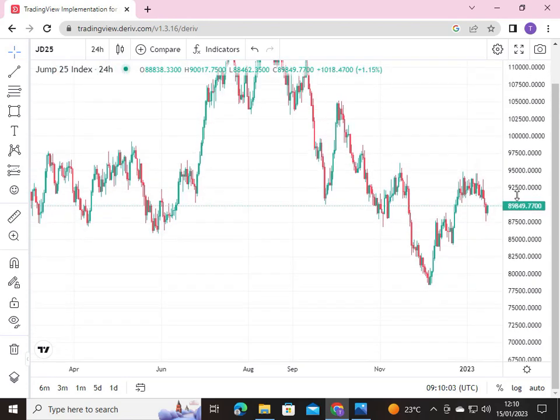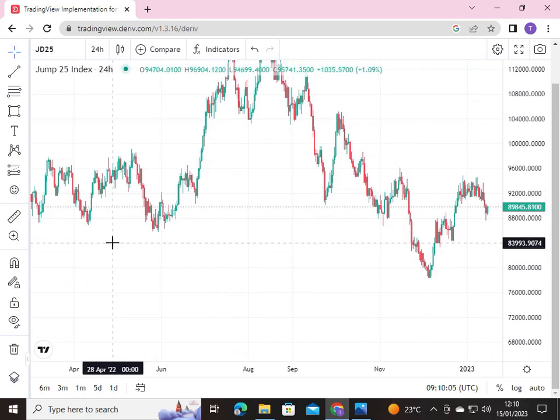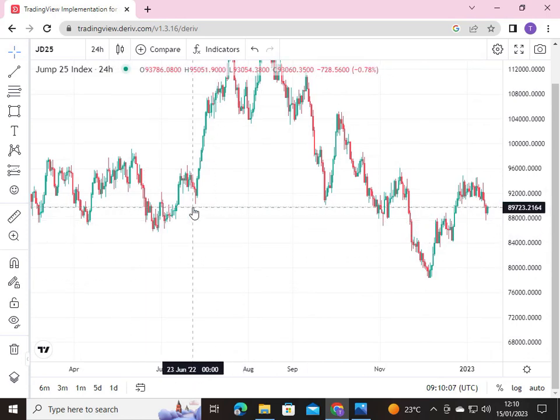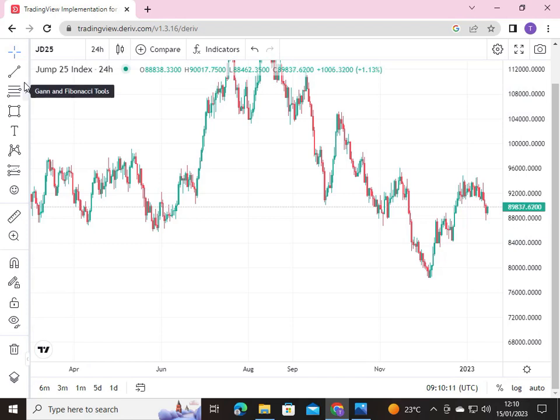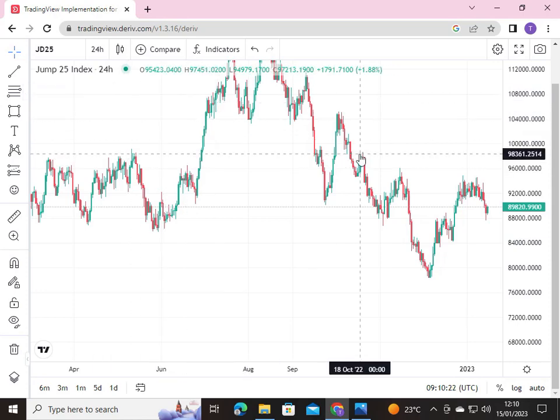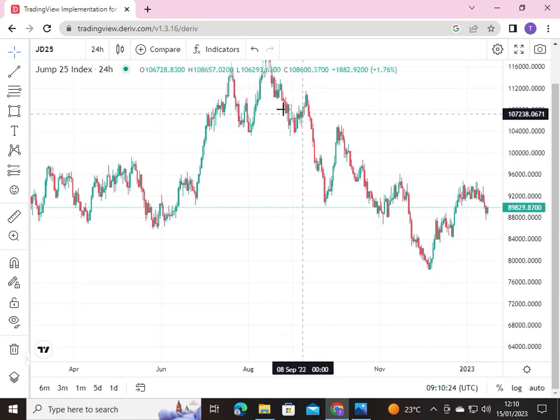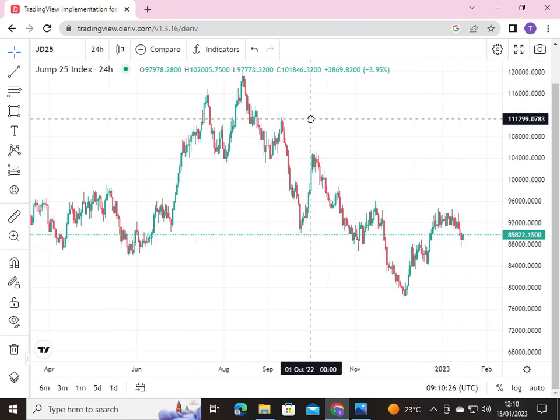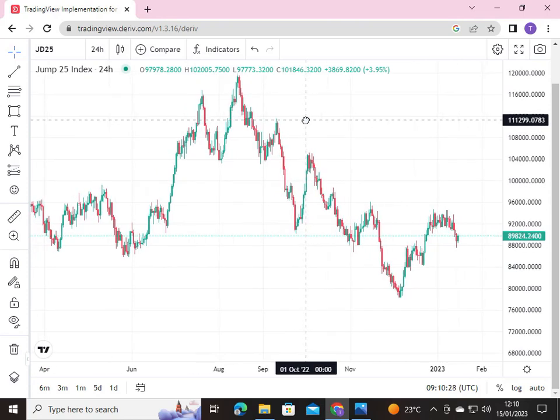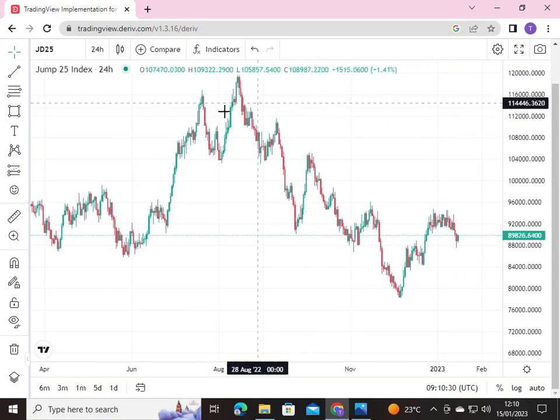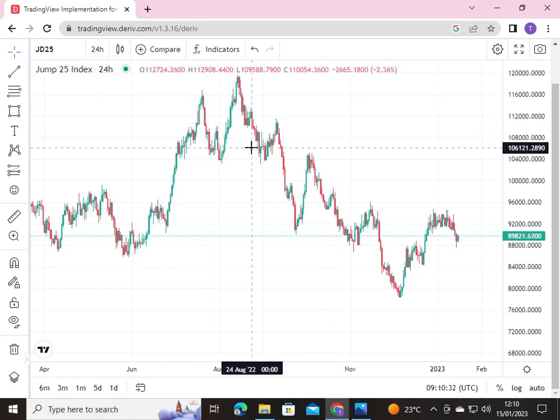I start analyzing my chart from high time frames, and I start by marking the key points. That is the demand and supply areas, the resistance and the supply. As you can see, by the way, generally looking, volatility indices are easy to predict